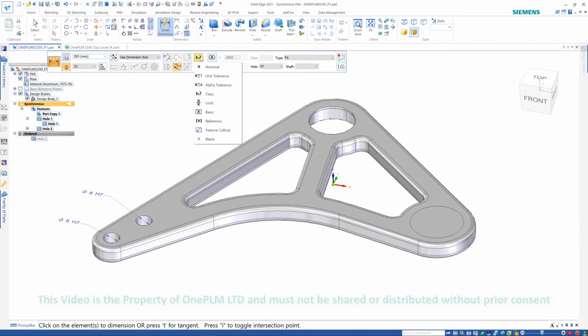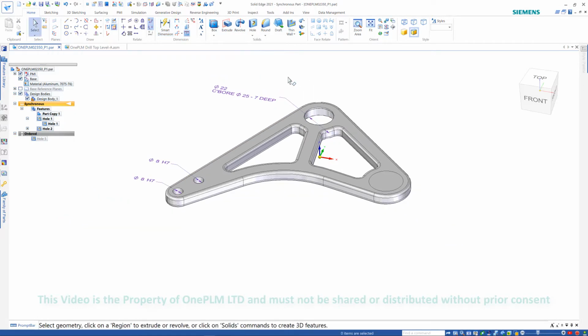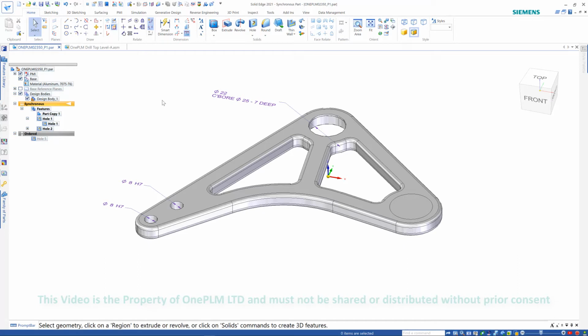And then for this one, I'm not going to do a tolerance, I'm just going to do a feature callout because this is some kind of counterbore. So that's going to give us that information. If we then save that and create a draft for this item,